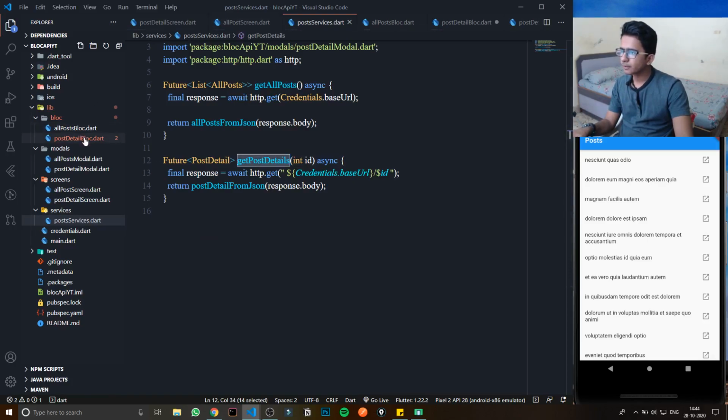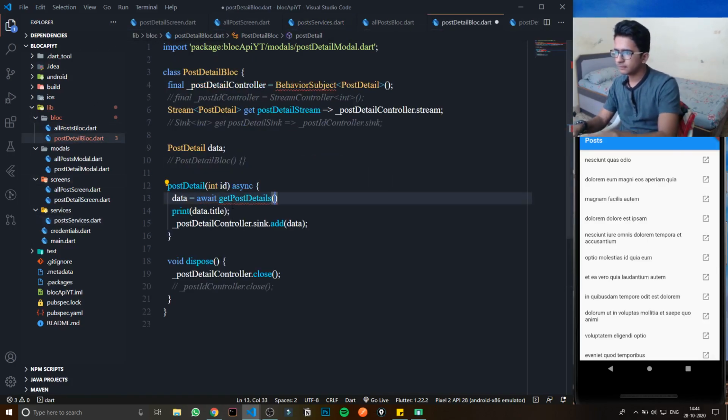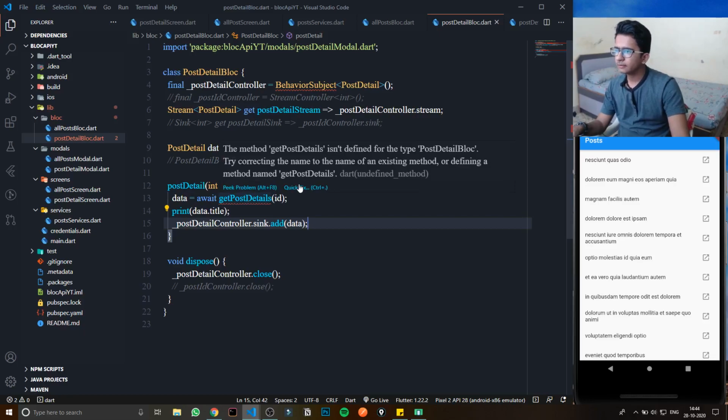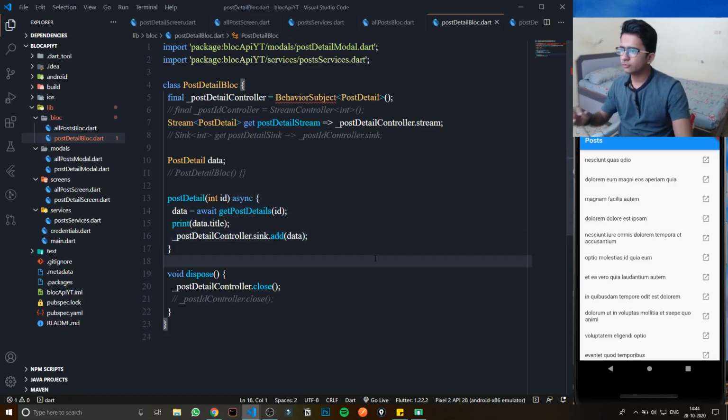Okay, here it is. We have to pass this id. Great. I also need to import this. Okay, great. For this BehaviorSubject, I just need to import rx.